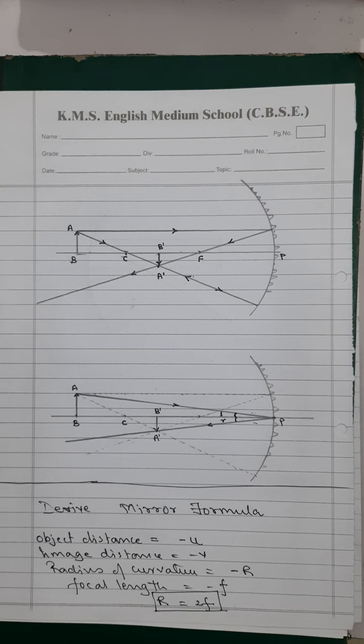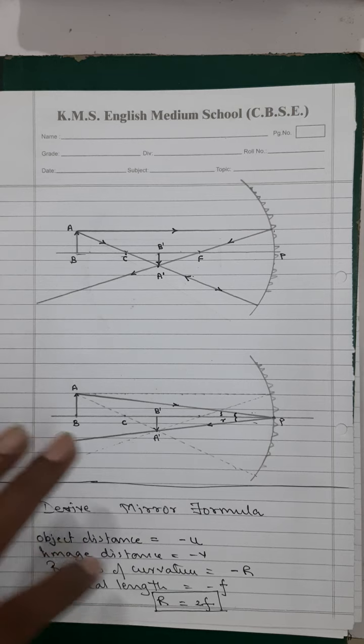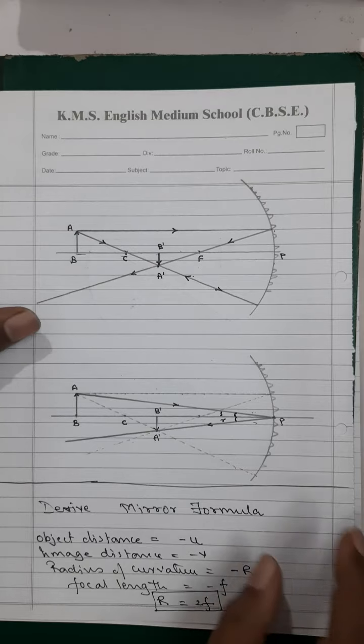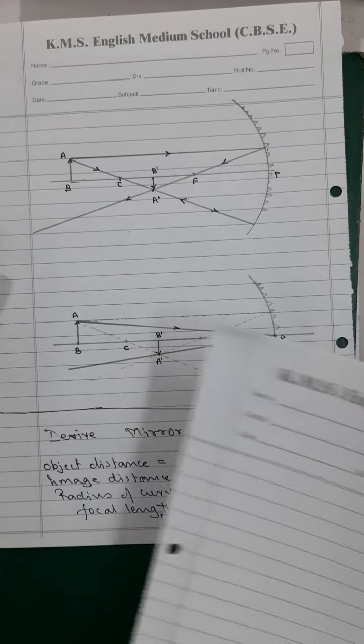See, of course, if supposing you have to present this derivation anywhere, you will definitely draw this diagram and then write all these parameters. Object distance is equal to minus u, image distance is equal to minus v, radius of curvature is minus r, focal length is minus f, r is equal to double of f. Fine. Now what you have to do, my dear students,